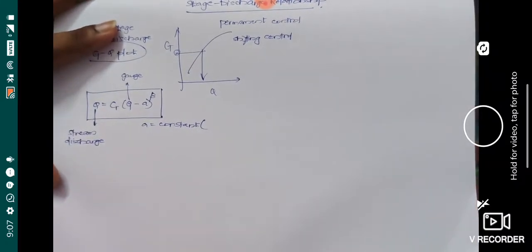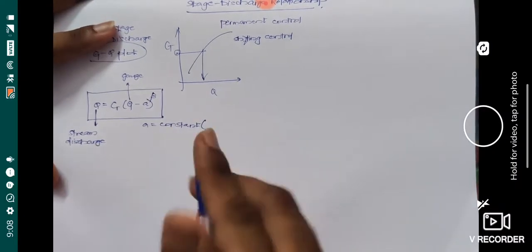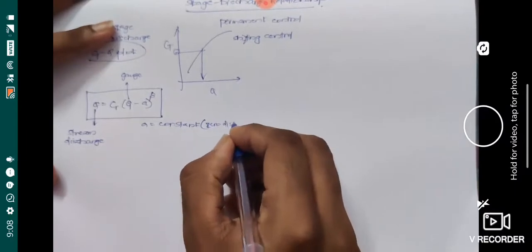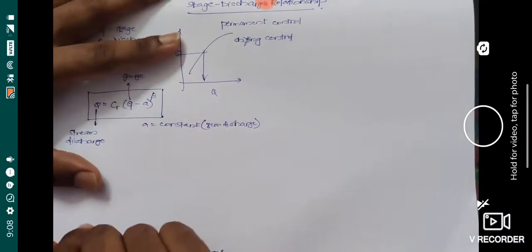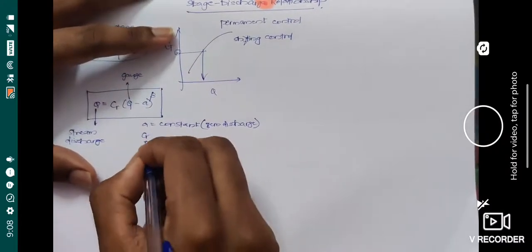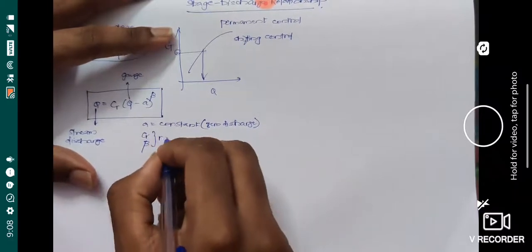When there's no flow in the river, it doesn't mean that the river is empty. You might be able to see that during the non-rainy season. Some of the rivers will have some amount of water, but in observation we cannot see any discharge. We won't be seeing any flow through it. So we cannot say that even though there is no flow, there is no stage of water. So alpha or A means the constant which corresponds to zero discharge. What is the gauge value corresponding to zero discharge? That's the term A. And CR and beta are both rating curve constants.